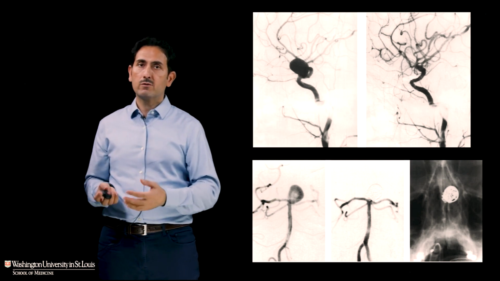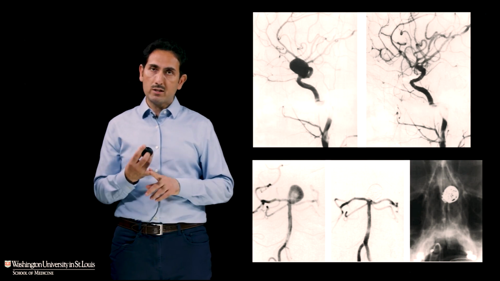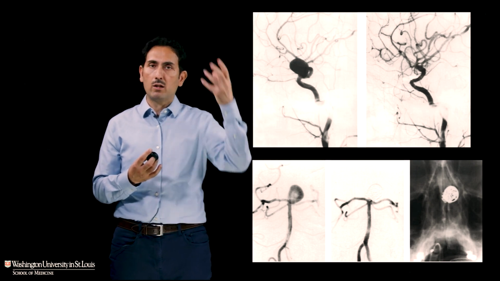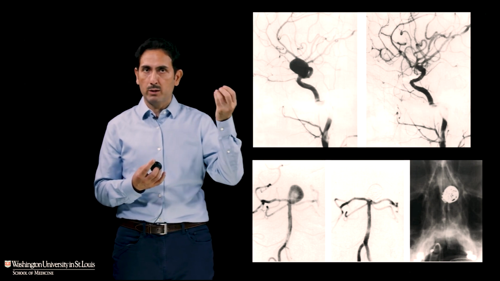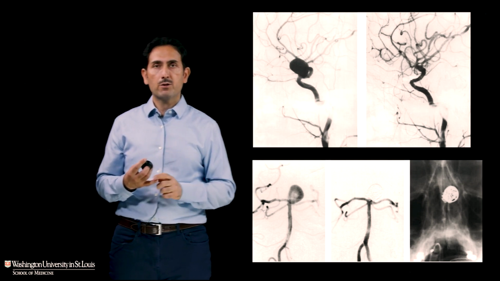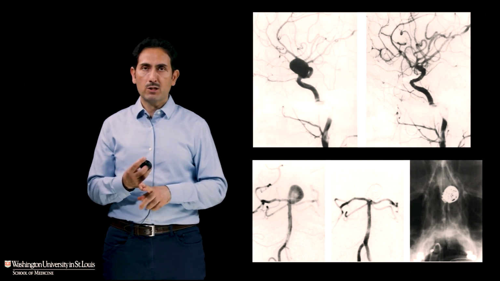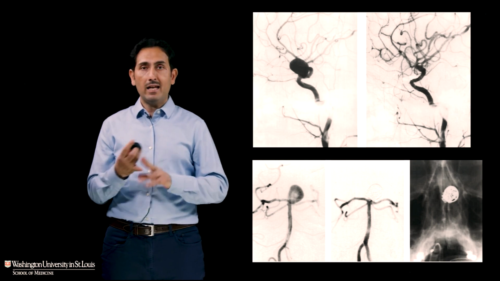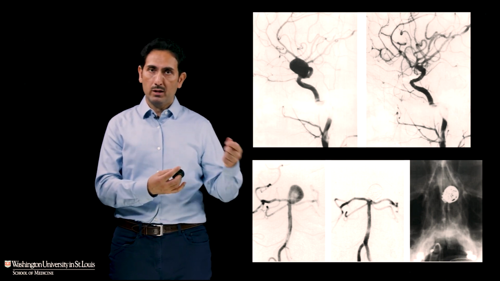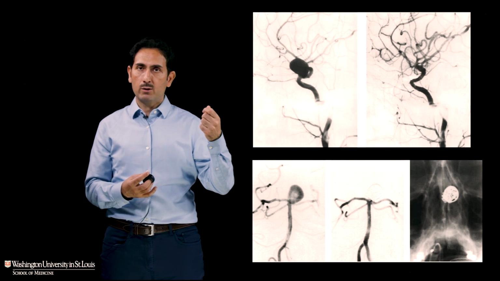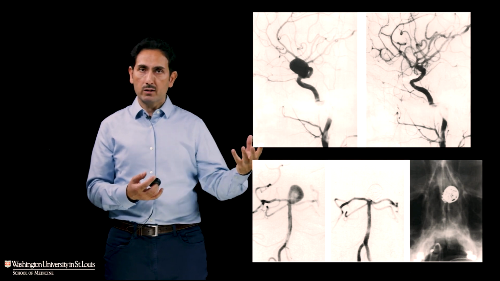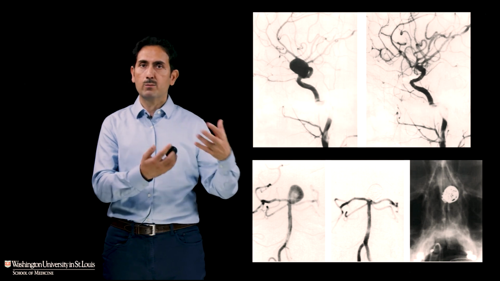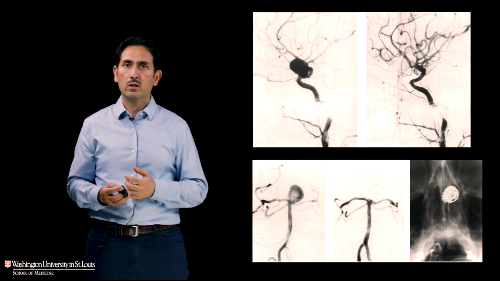Now, it's much less invasive, with a low rate of seizures. There is some risk of stroke, but not because you necessarily blocked up a blood vessel, but from blood clots forming as you're doing the procedure inside the brain with metal. The other complication, it's much less invasive, but you can have bleeding in the groin, and you can have stroke. And if you have a rupture, if you accidentally poke through the aneurysm, there's no way you can stop the bleeding. It may stop on its own, but it can be more severe. While in surgery, you may bleed, but you're right there, and the surgeon can treat it.